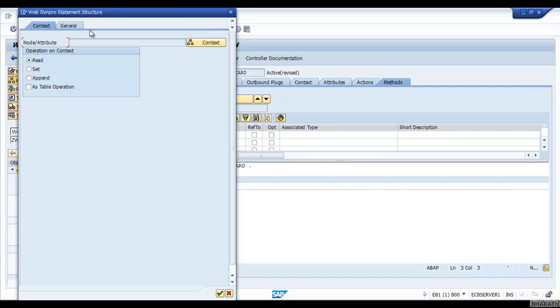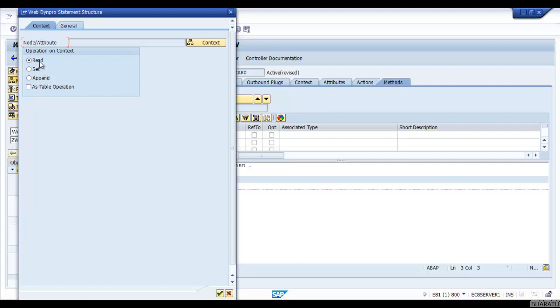The code which is specific to WebDynpro level can be generated using the Code Wizard. If it is internal table logic or internal table processing, as we normally do in ABAP coding, we have to do similar things in WebDynpro ABAP also. But if it is specific to WebDynpro ABAP level coding, that can be done using the WebDynpro Code Wizard. Now here we have 3 radio buttons and 1 checkbox.